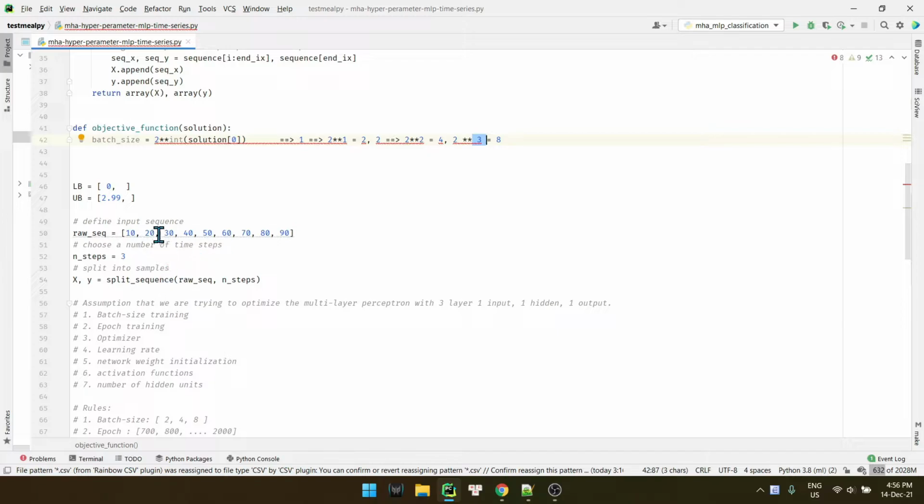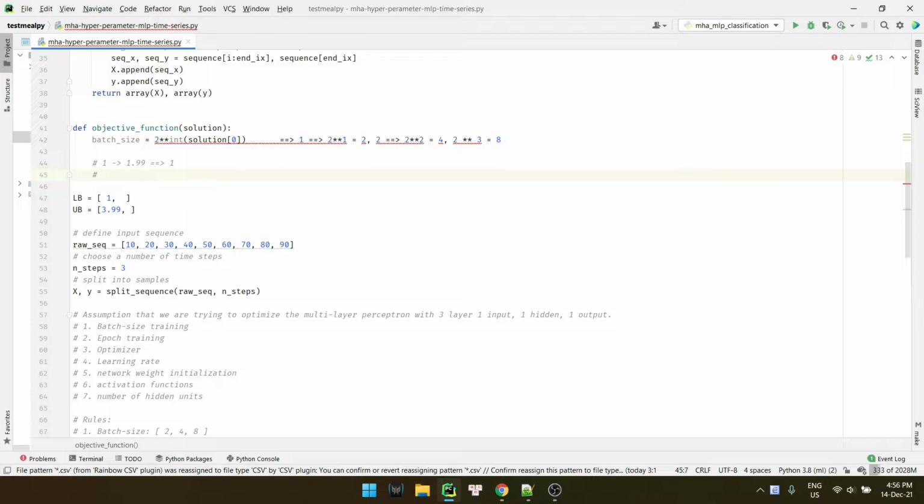So the lower bound should be 1, and the upper bound should be 3.99. Why is that? Because if this solution returns a value from 1 to 1.99, it will return 1.